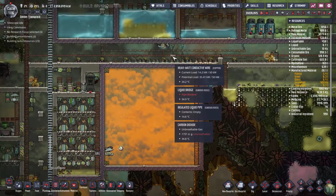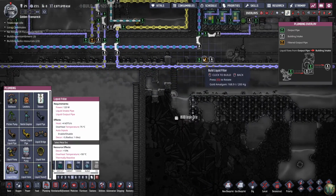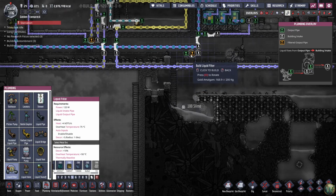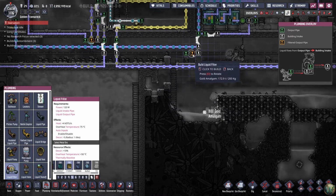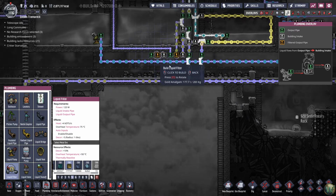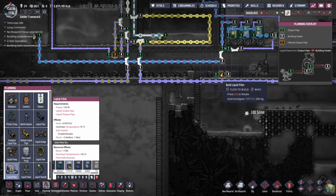The only thing that I could do at this stage of the game, or the stage of the process, I should say, is take a liquid filter from here. Actually, that might be a good place to put it. I'm trying to think of how it needs to work. Any not polluted water that this finds either needs to go into this line or into this line. It could be either. Might be easier to do it into this line. The only problem is